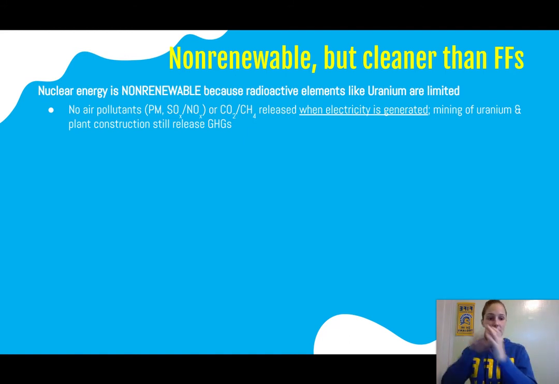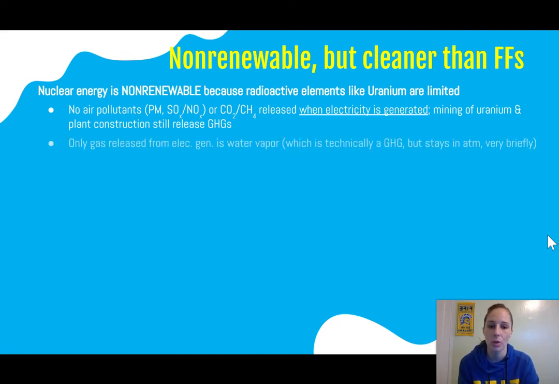The actual process we just talked about with the turbine and the generator doesn't release air pollutants or carbon dioxide or methane. However, the process of mining the uranium and constructing these power plants does release those greenhouse gases. But once it's there, outside of the mining, the actual electricity process is not going to be releasing those. The only gas that is released from this process is